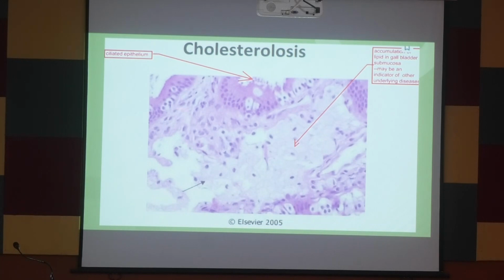This is the epithelial tissue. This is a picture of the gallbladder, cholesterosis of the gallbladder, and this is the accumulation of foamy histiocytes. This is nothing but specialized macrophages in the tissue. They take up the fat and formation of foamy histiocytes occurs. Okay, everybody can see this picture